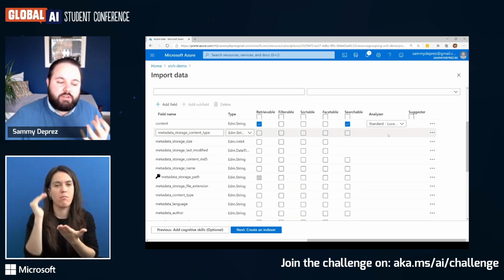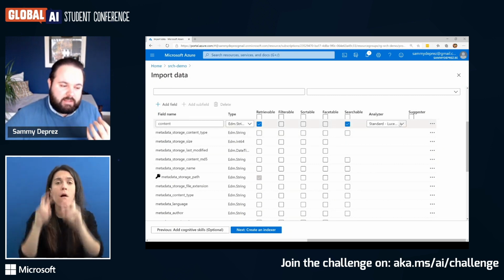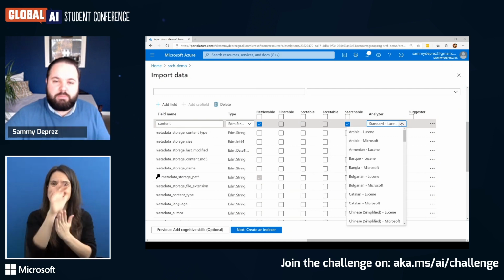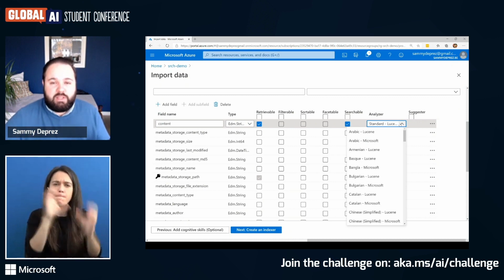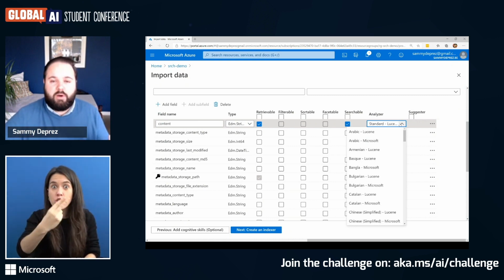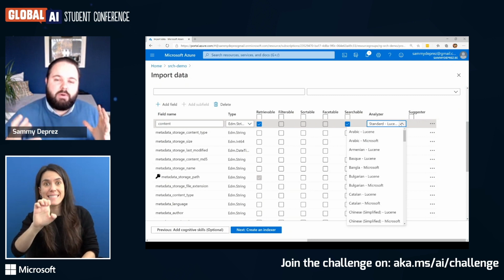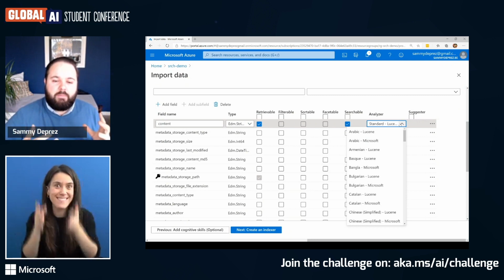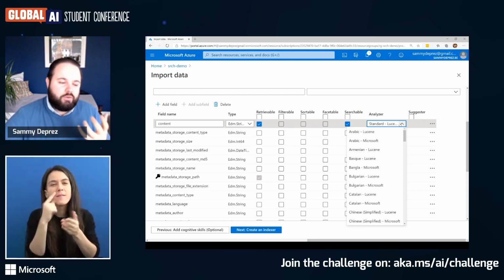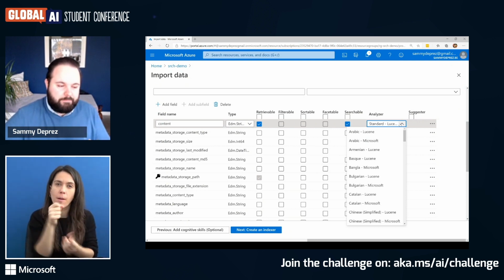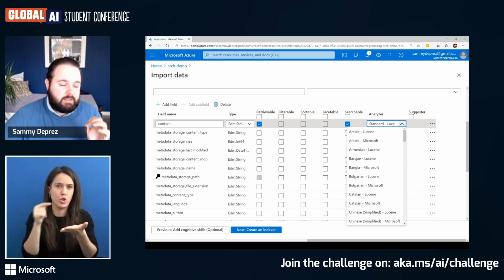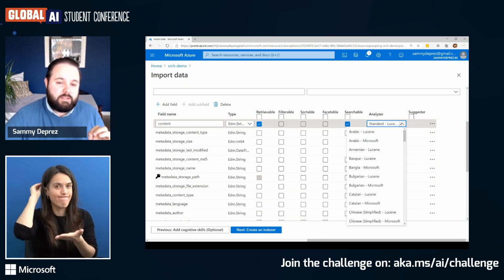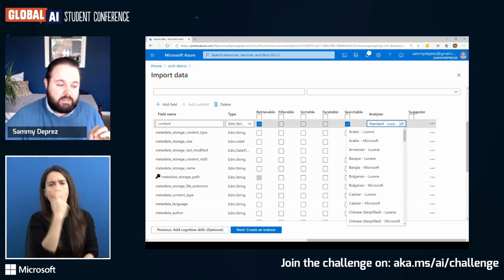Now, the analyzer could be the Lucene text analyzer. And this makes it possible, for example, that when you look for teach, it will also look for teacher or taught and so on. And so it will keep in mind, by lemmatization and going to the root words, to figure out what you actually mean. Now, there are many different analyzers based on language. So keep in mind that one field can only have one specific language analyzer.